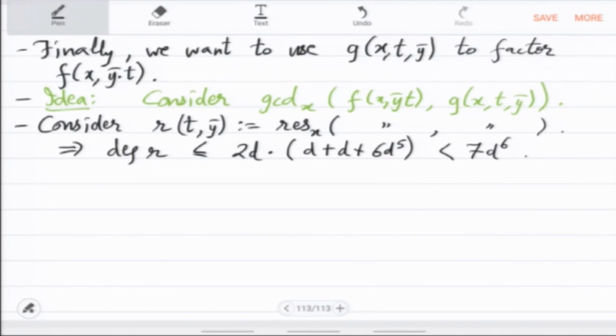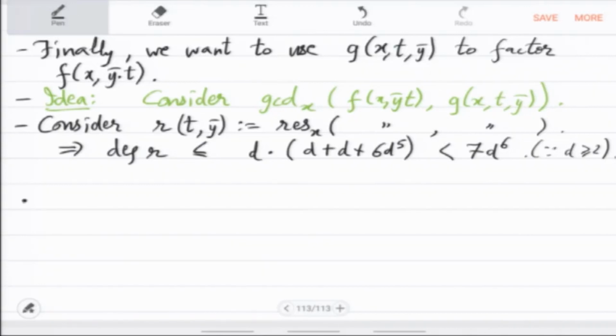Right, I think this 2 is unnecessary, this is actually d. You are looking at I think this d cross d matrix. So this comes out to be, the dominating term here is 6d^6, plus there are these lower order terms, 2d squared. So that you can say is overall less than 7d^6, since d we are assuming to be at least 2. So this is a strict upper bound. Okay.